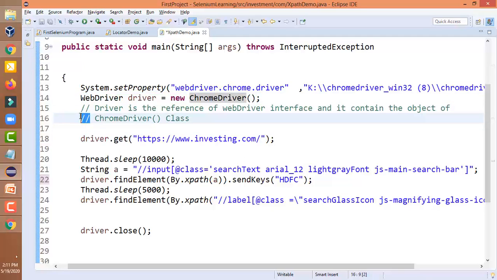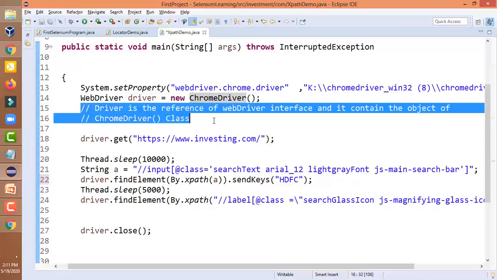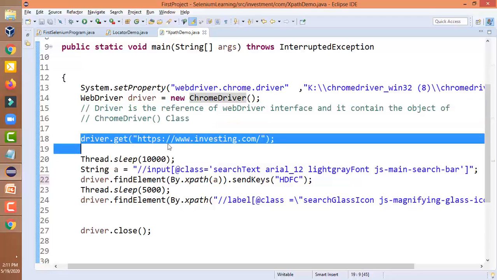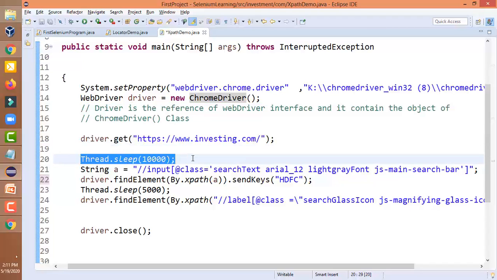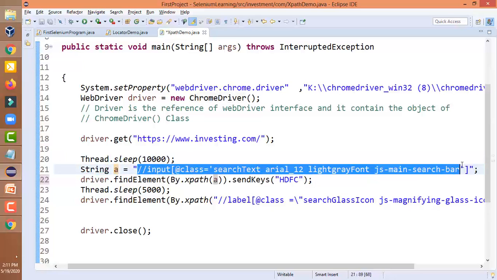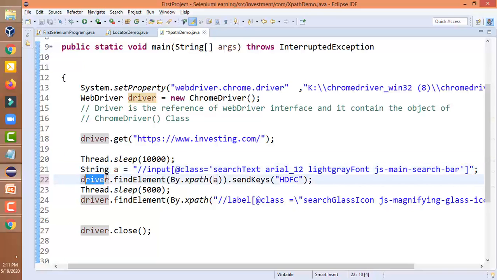These lines are comments, so our compiler will not read these two lines. Control will come to this line, which will open the investing.com website. Thread.sleep will provide a 10 seconds sleep. Then we are creating a string variable a and storing this big XPath in string a. Then with the help of the driver reference dot findElement function, we are giving the XPath with the help of the By class,